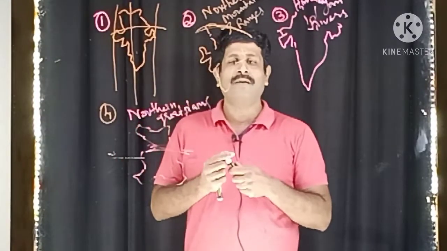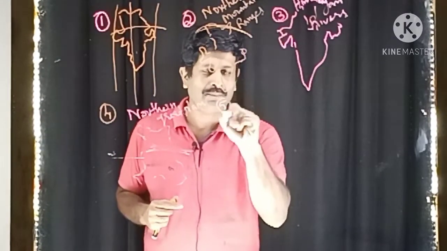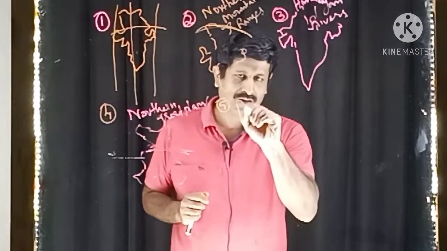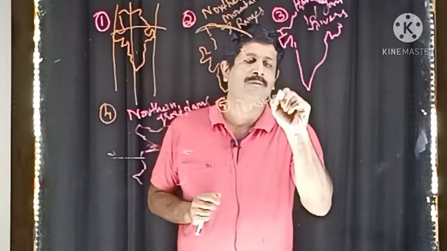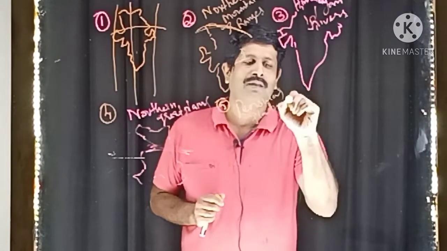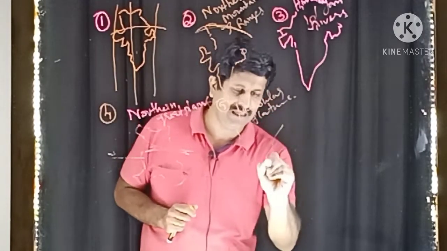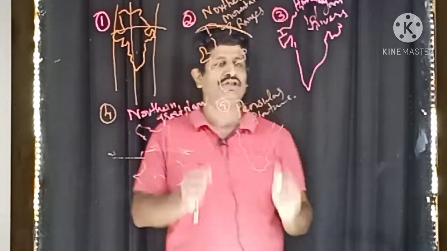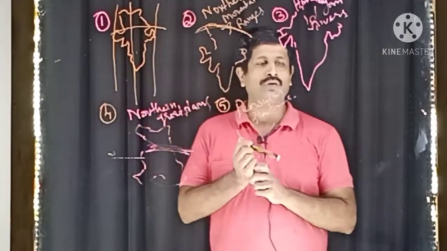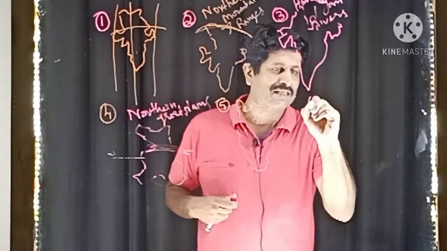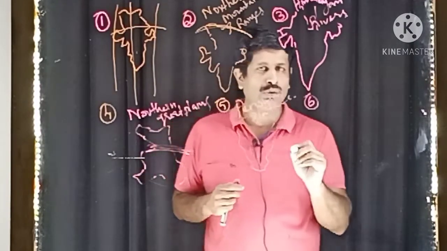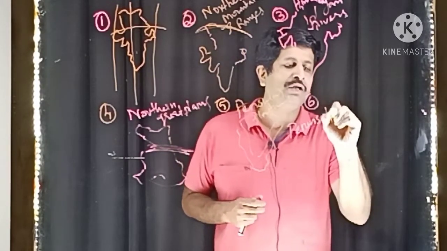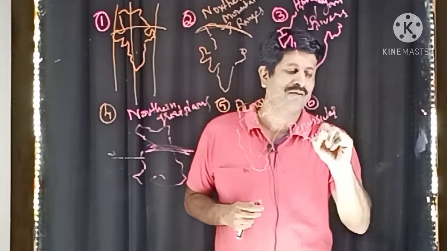Now the fifth map, you had to do the Peninsular Plateau, that we already studied: the Deccan, the Aravalli range and other things. Now when we are going to the sixth map, you had to do the peninsular rivers.